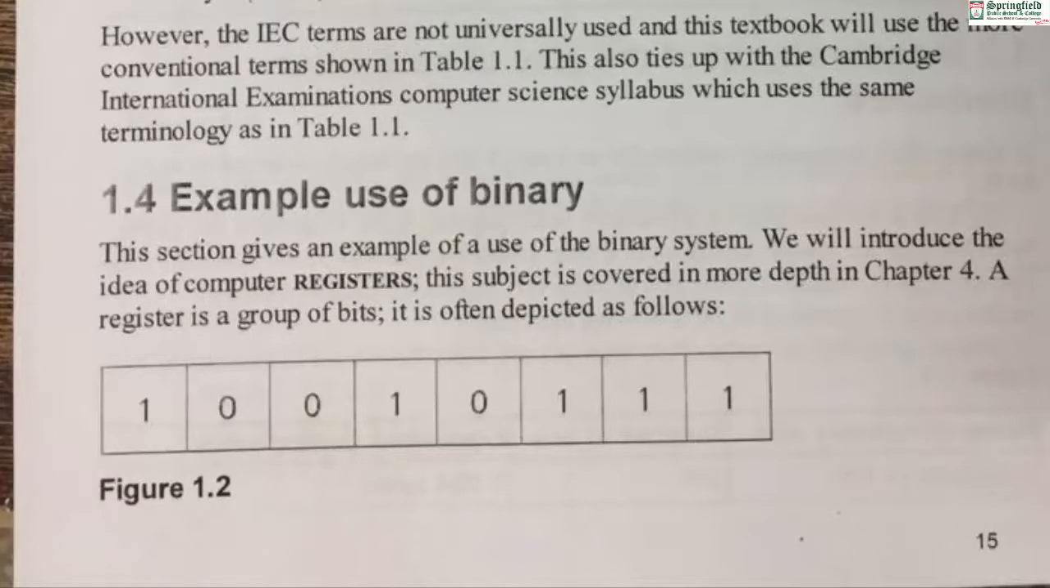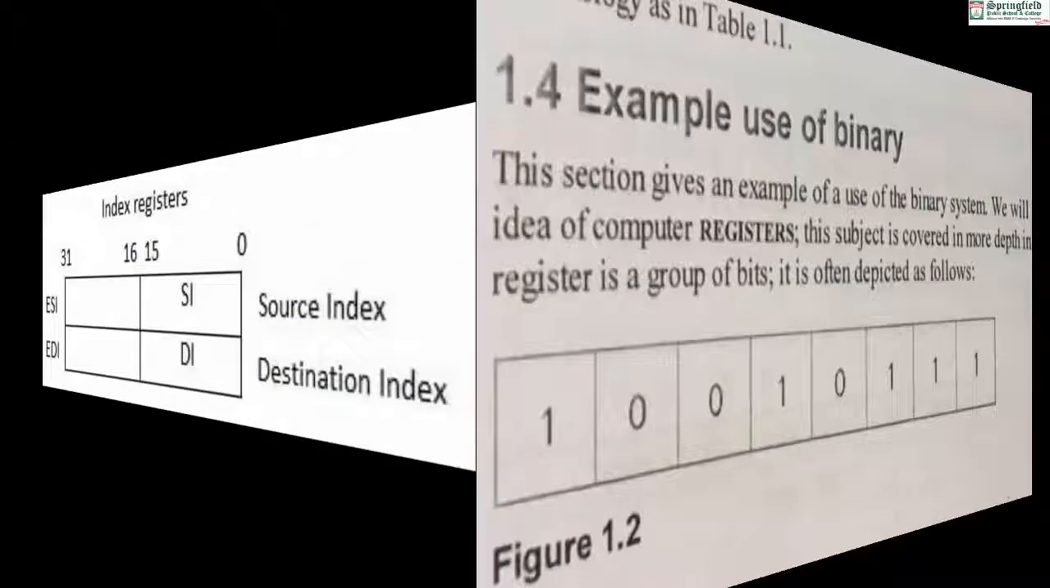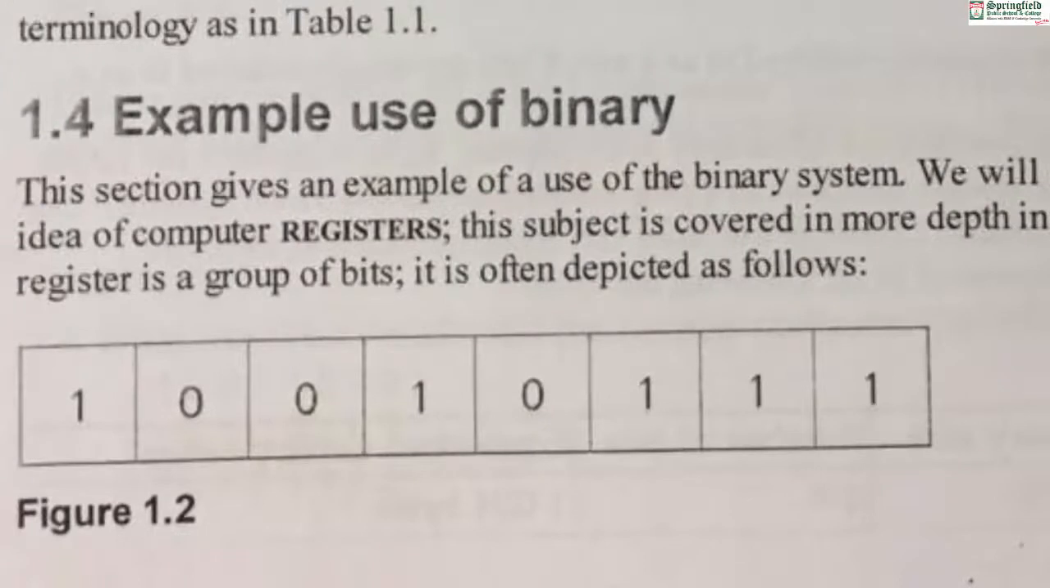Now in 1.4 they are giving us an example of using the binary digits. This section gives an example of use of the binary system. We will introduce the idea of computer registers. This subject is covered in more depth in chapter 4. A register is a group of bits. It is often depicted like this. In figure 1.2, they are showing a register which is